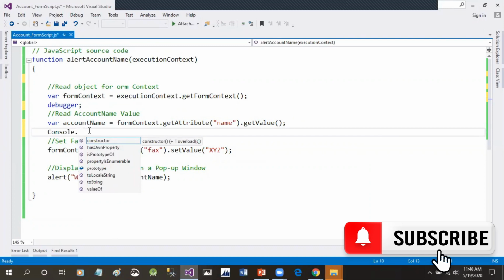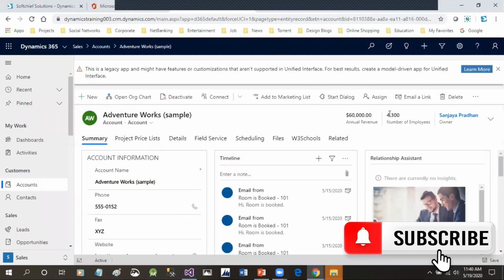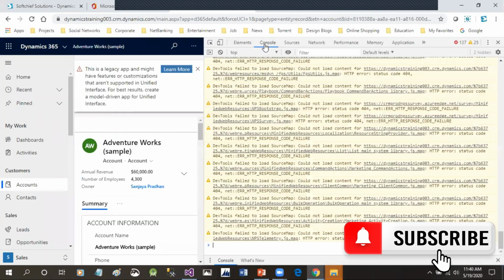Console. In JavaScript, we have console.write. Using this line of code, we can also log any values for a dynamic calculated value in the F12 console, right? Console is present here. Let me again press F12 to show you where the console is. If you click this console area, this is the console area where all the log files are stored.